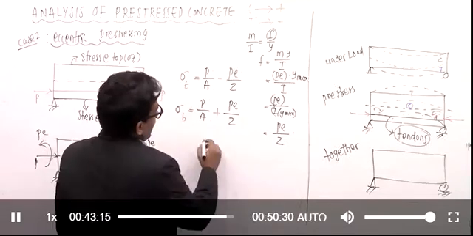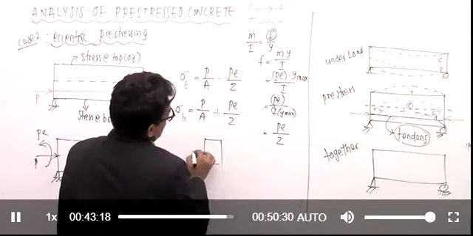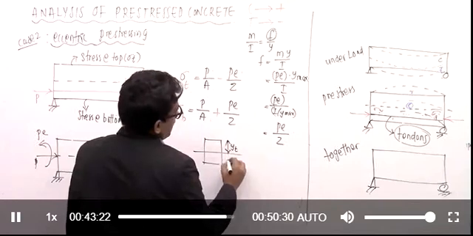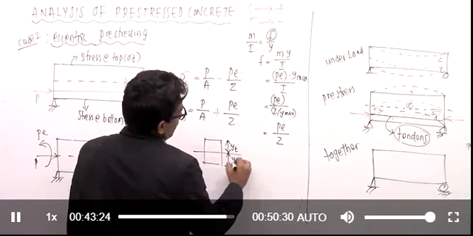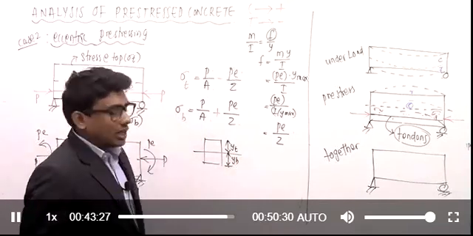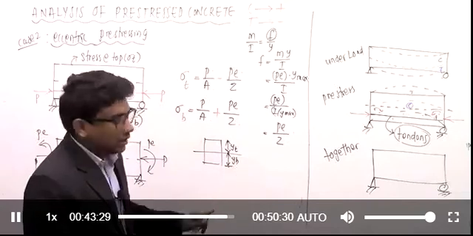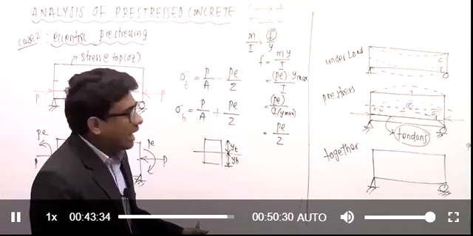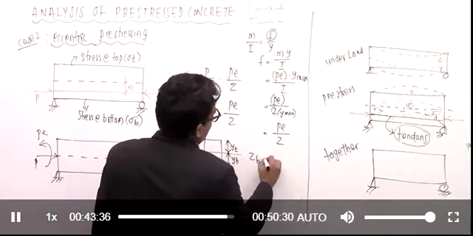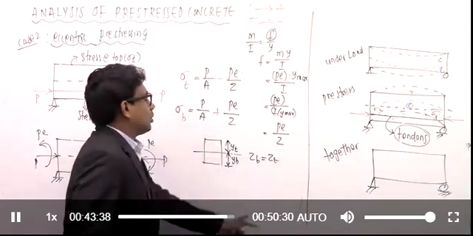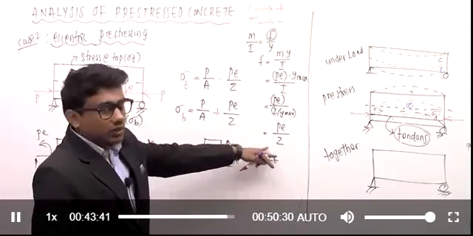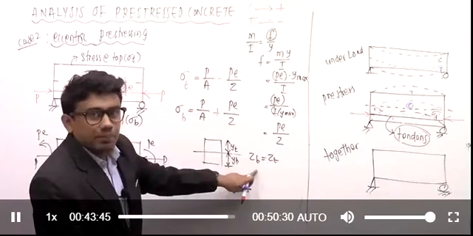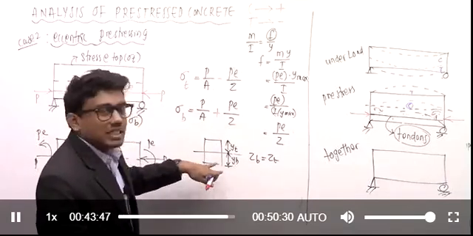See, for a rectangular section, Y max, suppose for the top fiber this is YT, and for the bottom fiber I am considering it as YB. For a rectangular section, this YT and YB will be equal, right? That means YT max and YB max will be equal. So the section modulus considering the top fiber and the section modulus considering the bottom fiber will be the same, correct or not? A rectangular beam itself is symmetric, right?